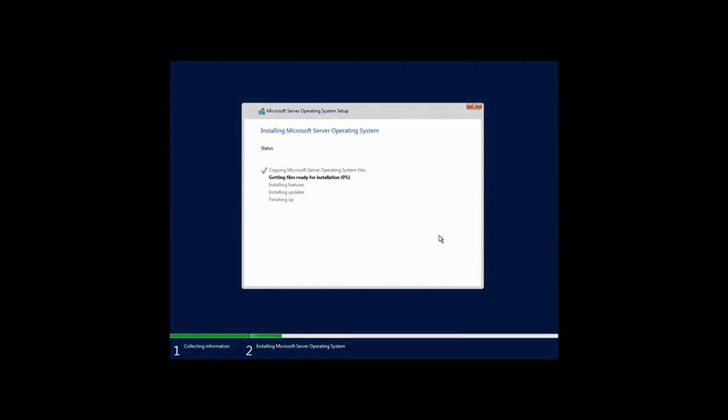The installation time on this portion will vary greatly depending on the resources you have, how much RAM, your CPU speed, and the type of hard drives that you have. For instance, SSD drives will go much faster than more traditional spindle drives. And if you have more processors or faster processors and RAM, then of course that will affect it as well. Once the installation is complete, the server will restart and we'll be able to log in for the first time